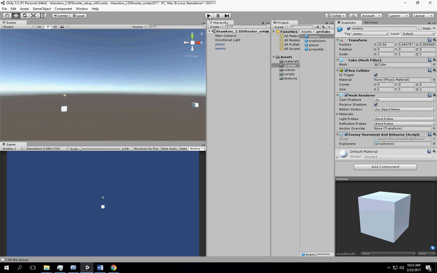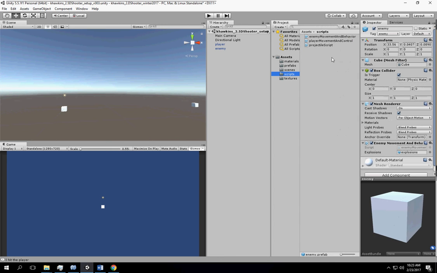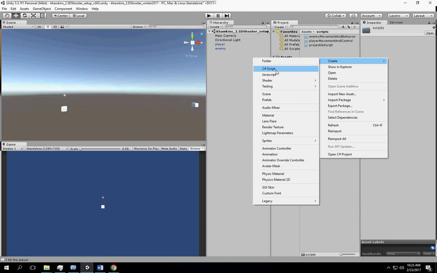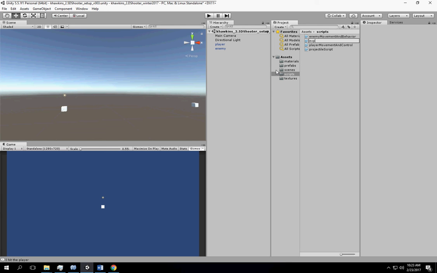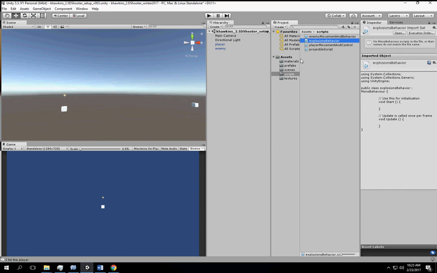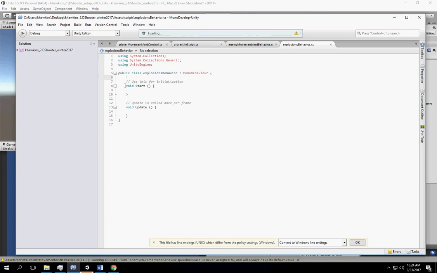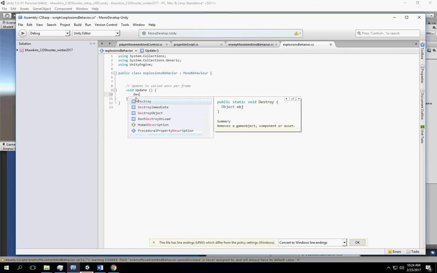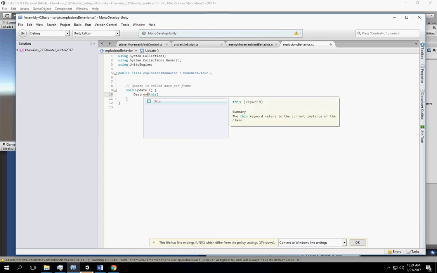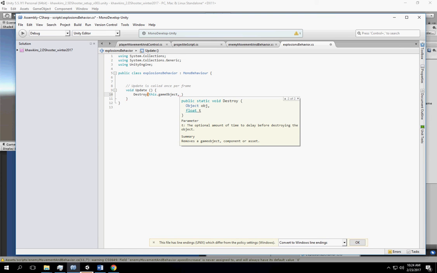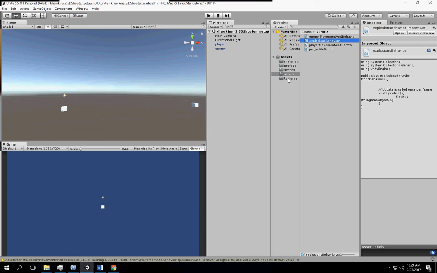The next thing I want to do with my explosions, we eventually will add audio, but I'm not worried about audio right now, is I want to destroy them after time. Get rid of start, and after a second, destroy this game object, and we'll give it a second. And on our explosions,